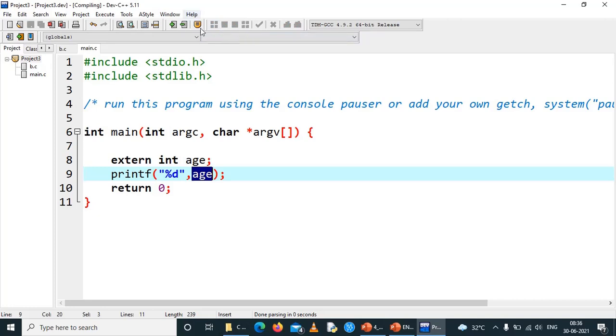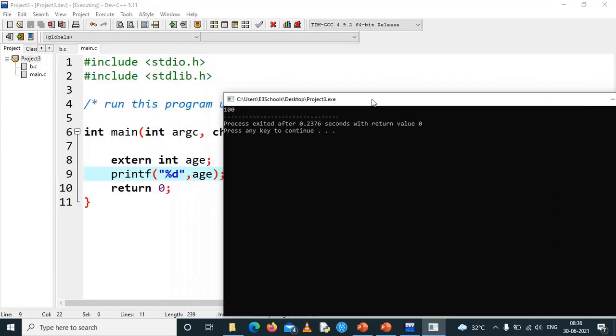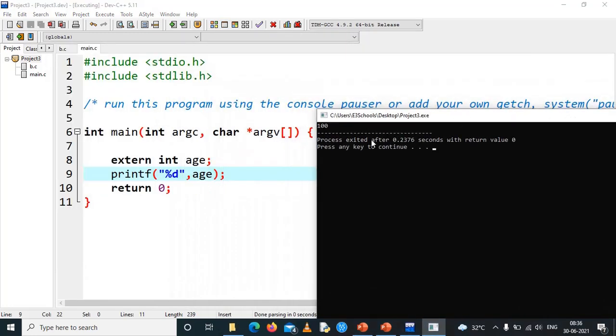When I try to compile this code and run, I get the value 100. So what does this output mean to us? I have not assigned any value for age, but when I try to print age, I am getting 100. So where does this 100 come from?